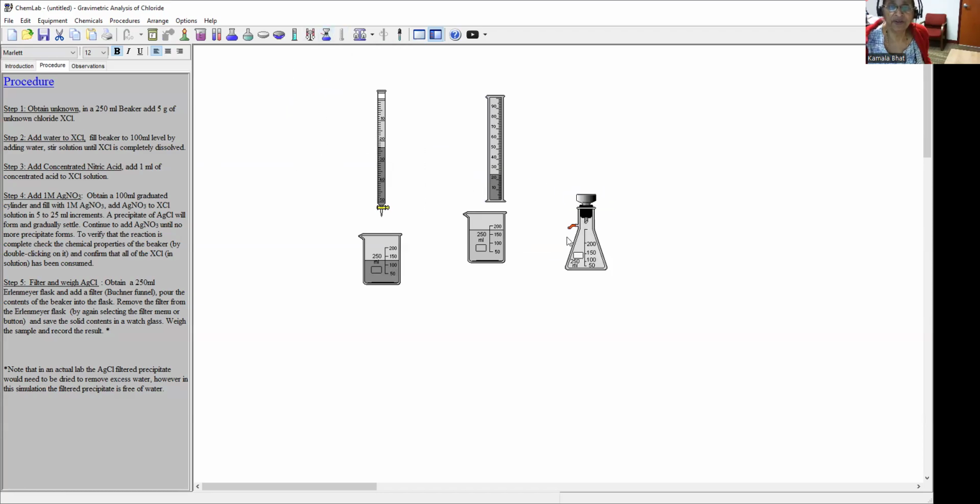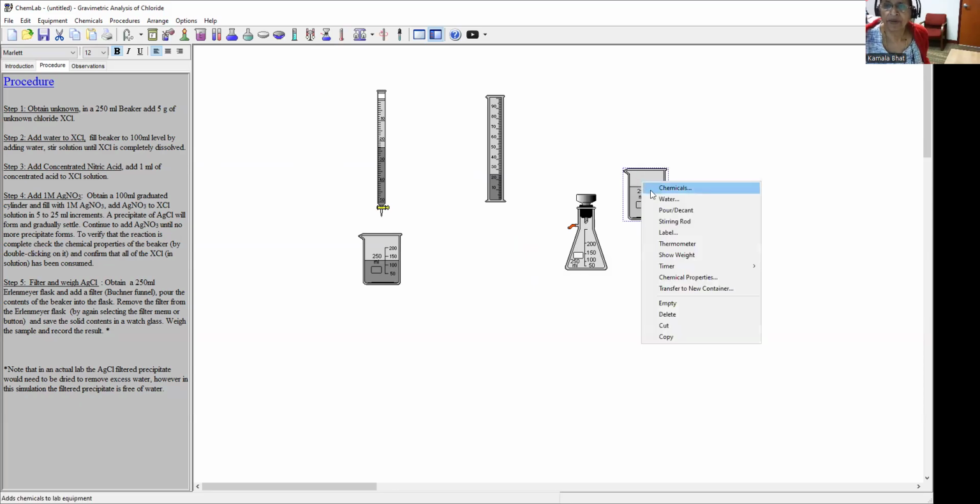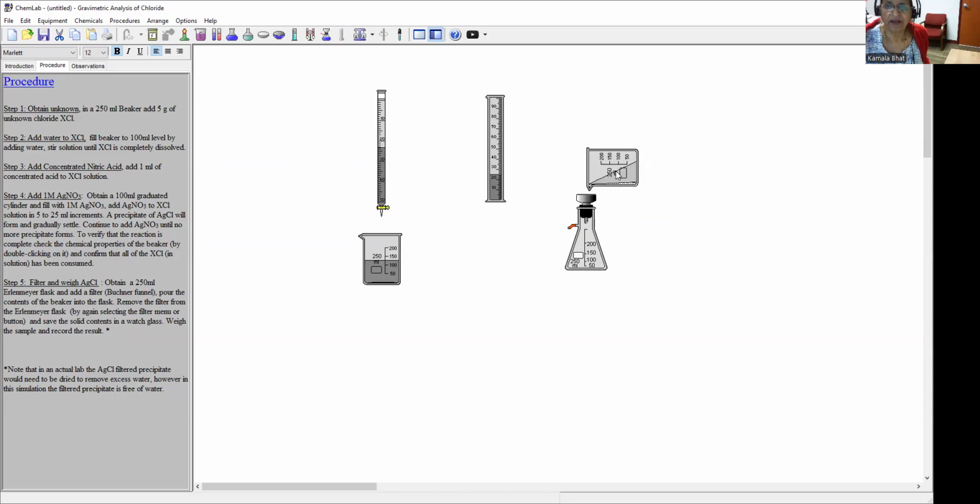So there it is. So now I've shown you the method with the burette to do it accurately. You can even use the graduated cylinder, which is much faster, and then get the Buckner funnel. And then all you have to do is pour and decant this. Now, in the laboratory, you will have to set up a filtering station. So we say pour and decant and transfer all the compound. You can see the silver chloride at the bottom. And then once you finish that,